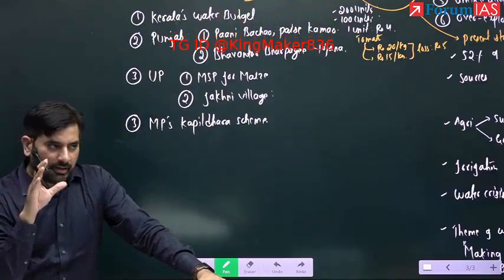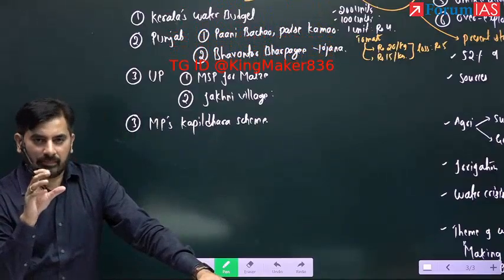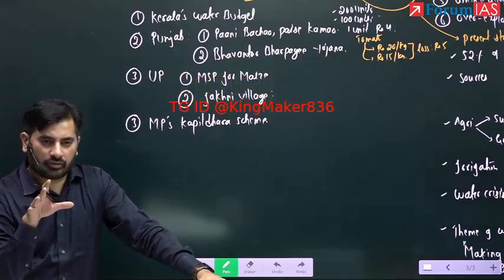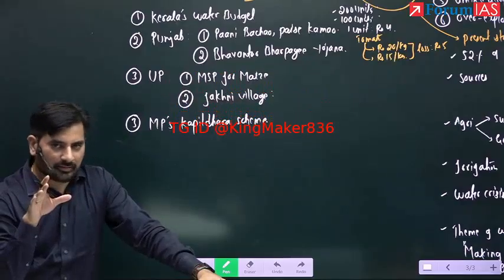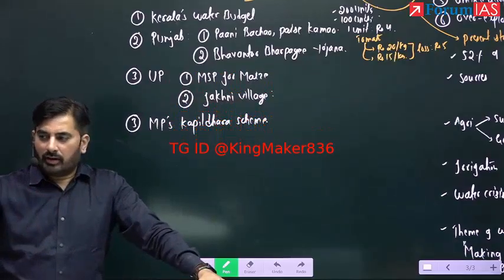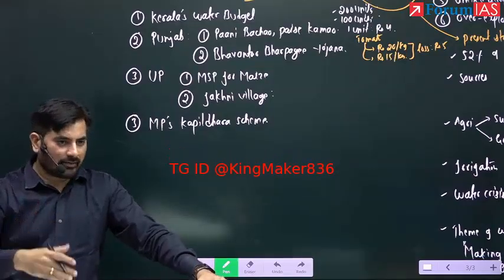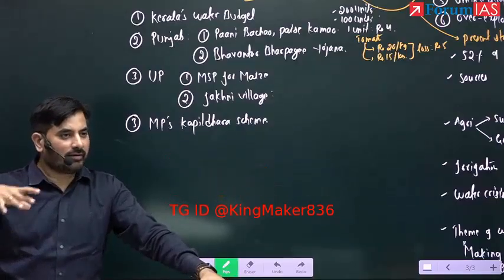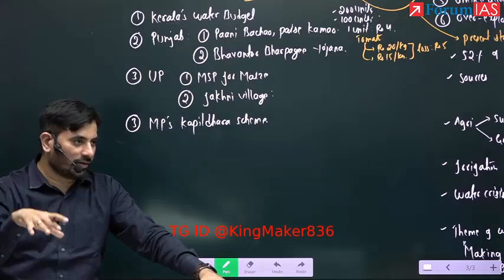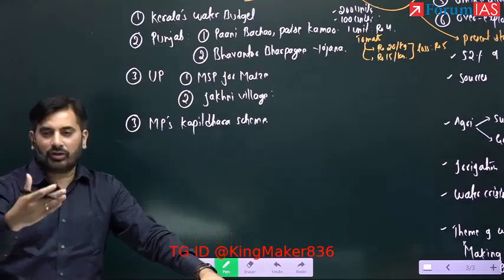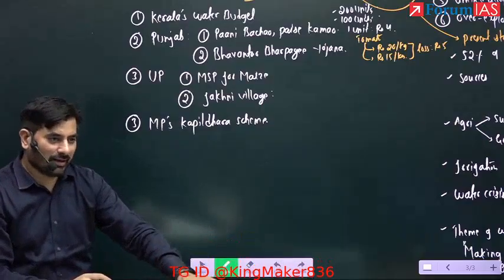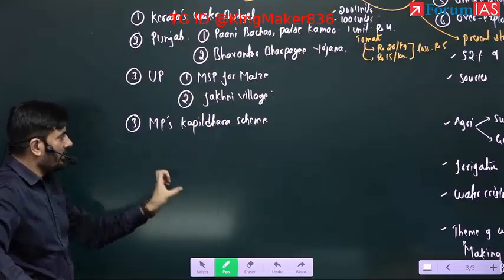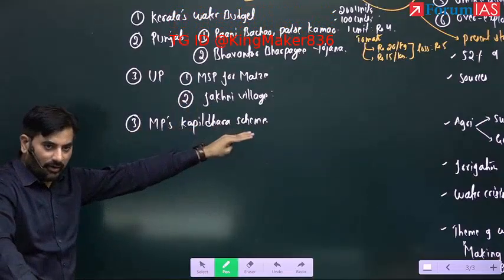Basically, under MGNREGA, a certain amount of money is now being spent for construction and restoration of village ponds. If you go to the rural areas these days, when the village starts, either on the left hand side or on the right hand side, a pond is constructed. That pond is constructed to store rainwater. That construction or restoration of village pond is taking place under MGNREGA. So Madhya Pradesh has a separate scheme for having that kind of convergence between MGNREGA and rainwater harvesting.